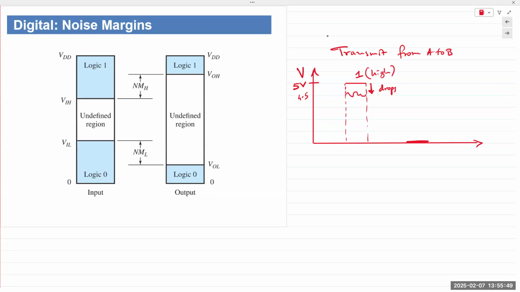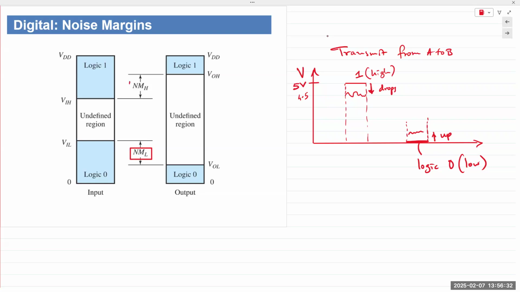If you have logic 0 right here, meaning a logic low, and some noise signal arises that raises this level, instead of being 0, it could be considered as 1. But because it's digital, even though it's supposed to be 0 volts and it raised up to like 0.3, 0.4, 0.5 volts, at the receiving end, the system still recognizes that this is logic 0. And if it recognizes logic 0, it's now rejecting any noise signals. So that is known as the noise margin,